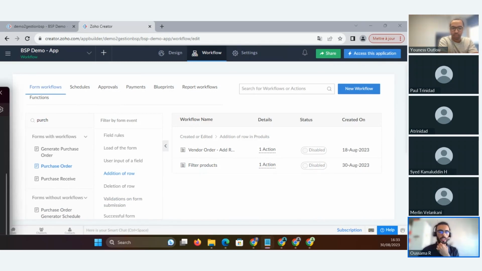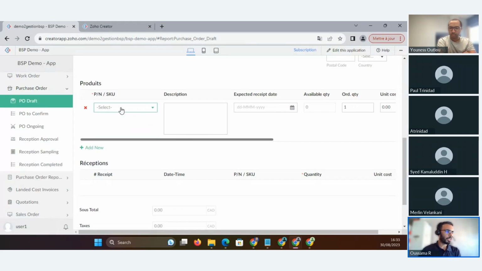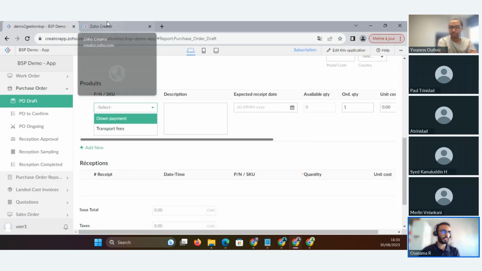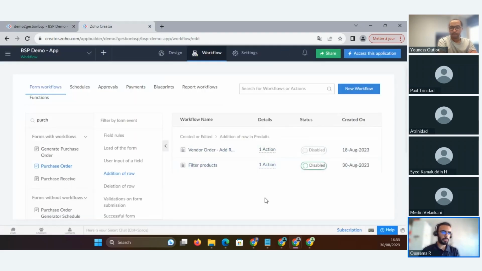Of coding simple functions. For example, depending on the part number selected, I want to show or hide specific fields inside my subform. For example, here I will go back and let this workflow stay activated, and I will go and create a new workflow